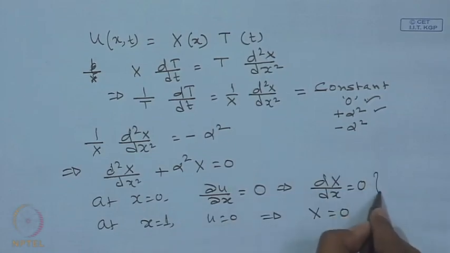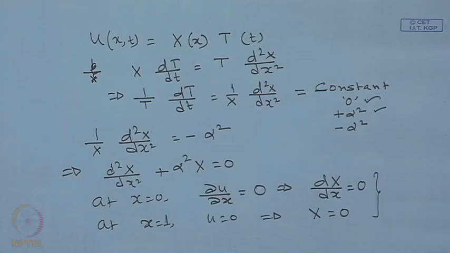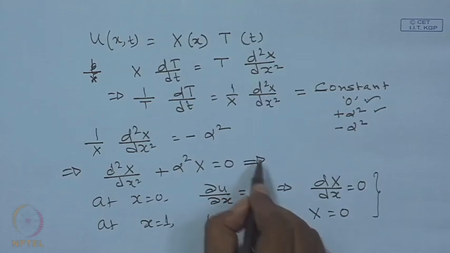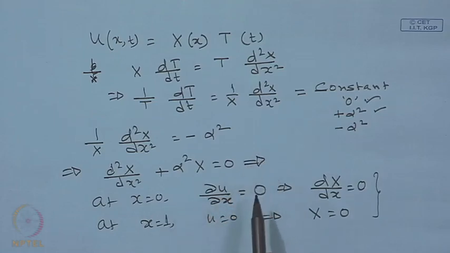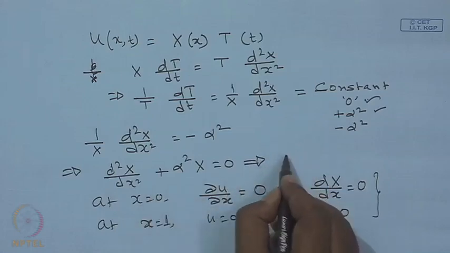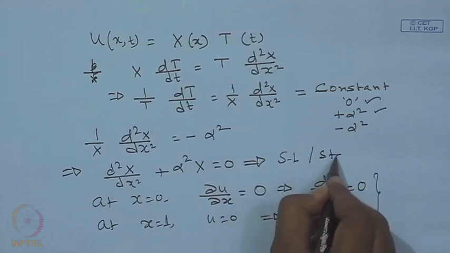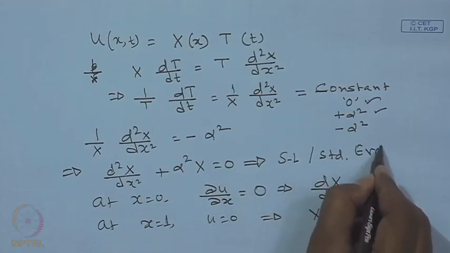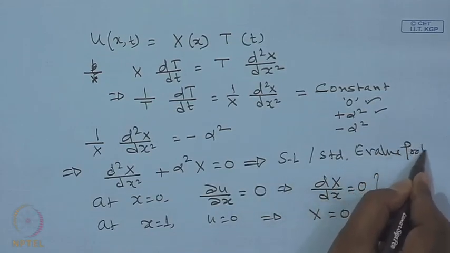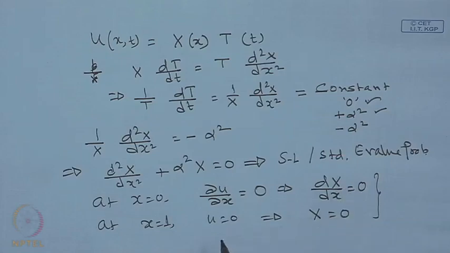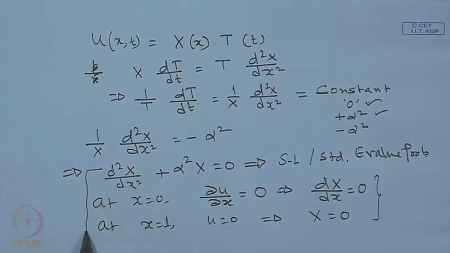So, again we will be having a homogeneous boundary condition and a standard form and a special form of generalized Sturm-Liouville problem. So, this is a standard Sturm-Liouville problem or standard eigenvalue problem with the homogeneous boundary conditions. We have already solved this problem; we have already looked into the non-trivial solution for this particular problem